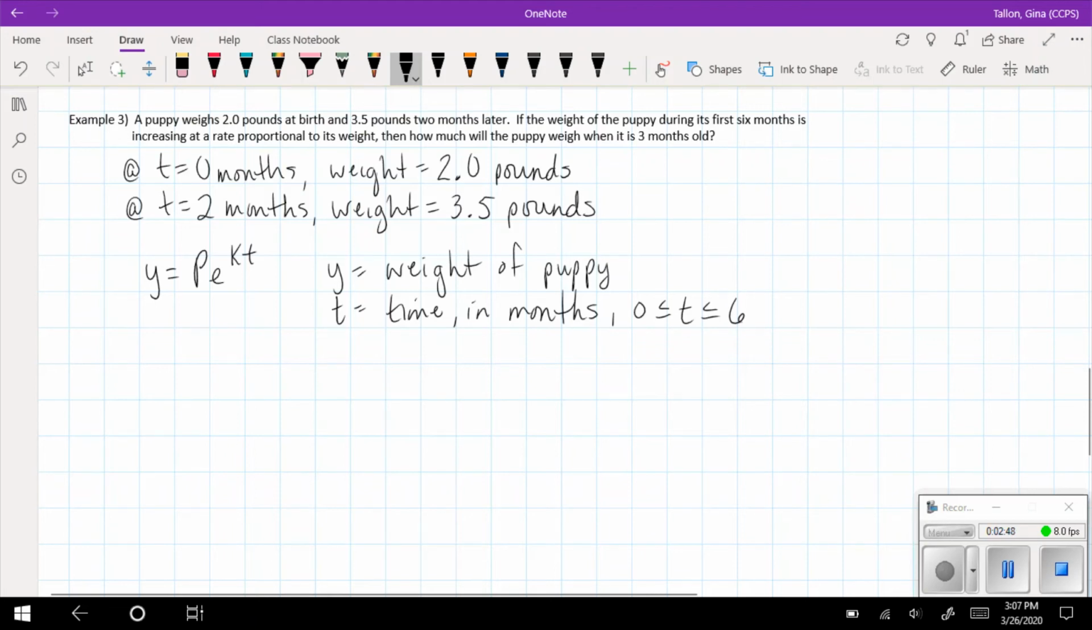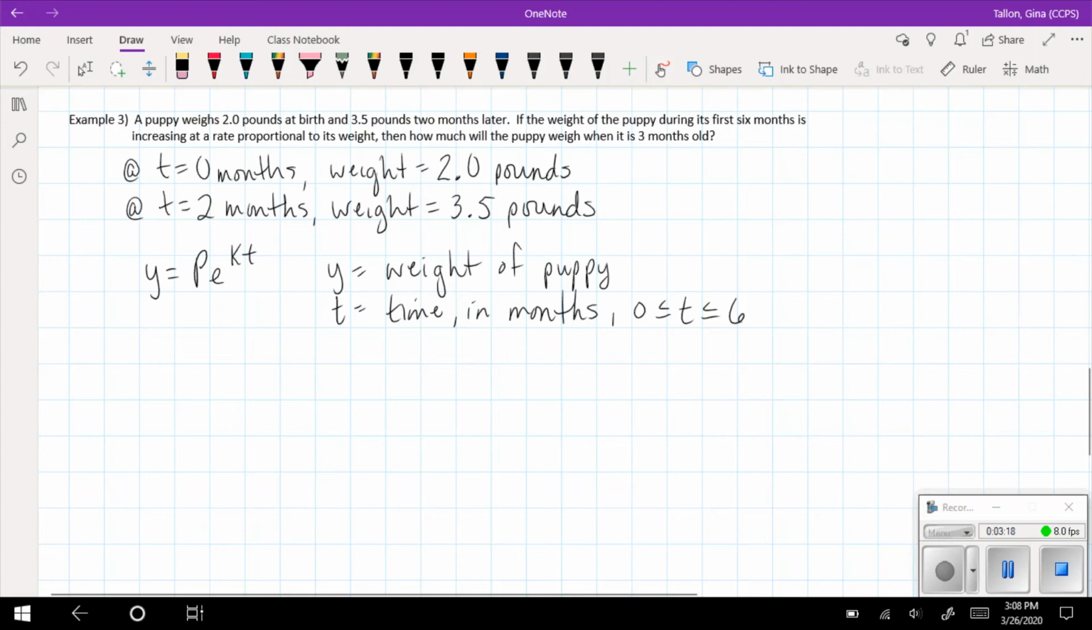Alrighty. Well, here we go. We have got to take the information that's given to us, and we need to write an equation for y, and we're going to use that to plug in a 3 for t equals 3 months here. This last question says, how much will the puppy weigh when it is 3 months old? So we'll go back to that at one point. But first we need to write the equation. So do we know P or do we know K? Those are two unknowns that we have to solve for, and of course that's why they gave us two pieces